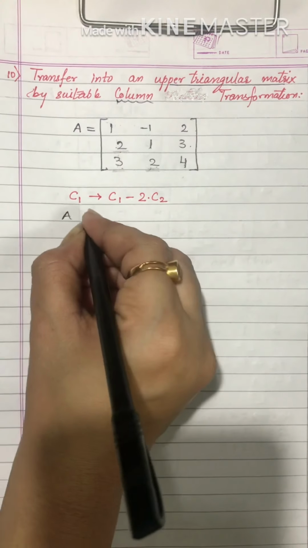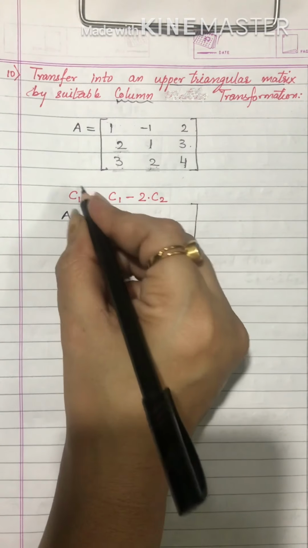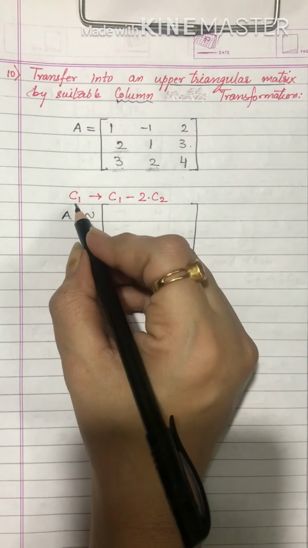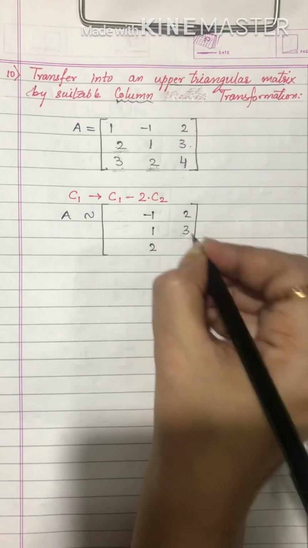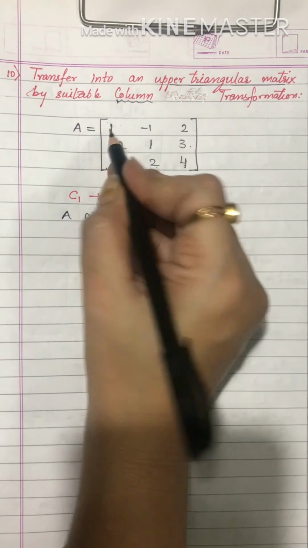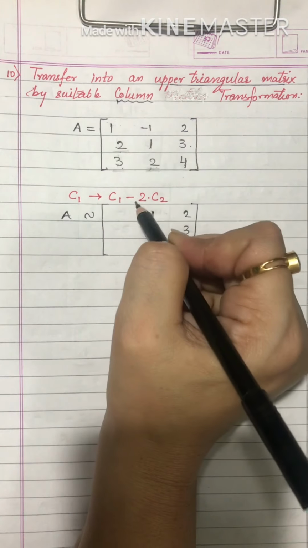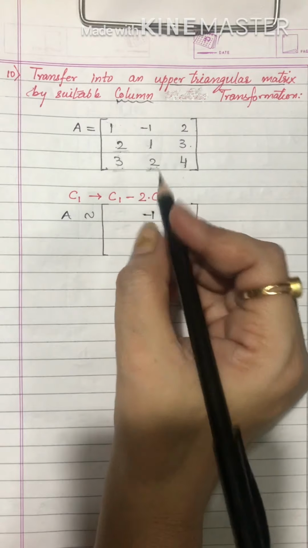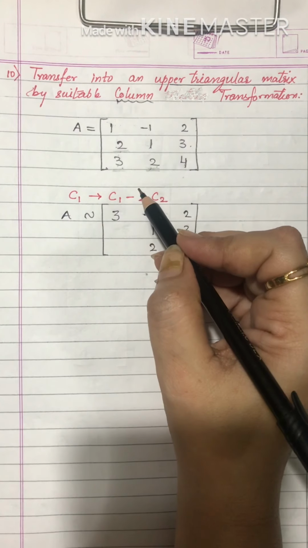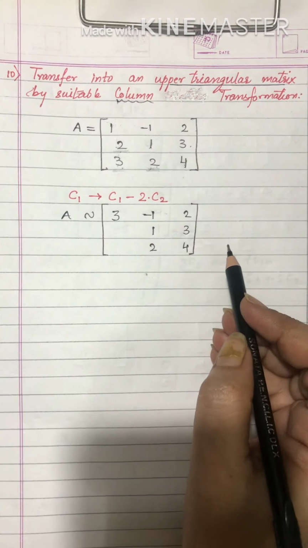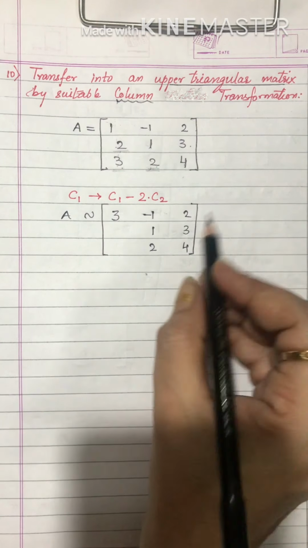So our matrix A will become, once again to avoid mistakes, we have to conduct the transformation in C1, so I write C2 elements as it is and C3 elements as it is. Now we'll conduct it here. 1 minus 2 into minus 1, that is 1 plus 2, that is 3. If you are not able to do this verbally, please, it's a request, practice initially by working it out aside in the rough column using a pencil.